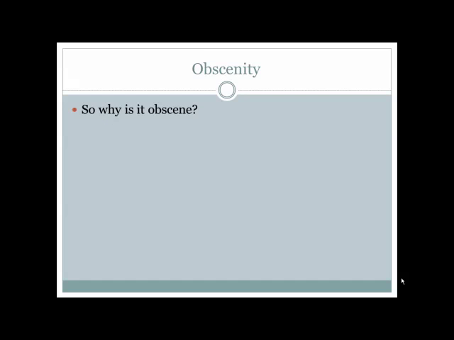And so once you've read through this, I want you to really think, why is this story obscene? Is it just the language? Is it the story? Is it the religious aspect brought in? What are some of the different reasons that you could see why this story would be obscene? And that is going to be one of the questions on the quiz. So you will need to go back and reread the story because you will need to back up your reason with examples from the story.